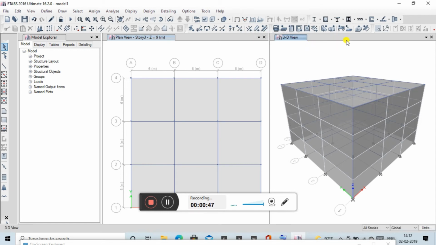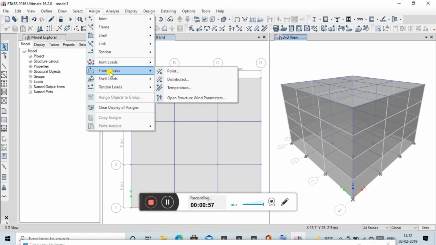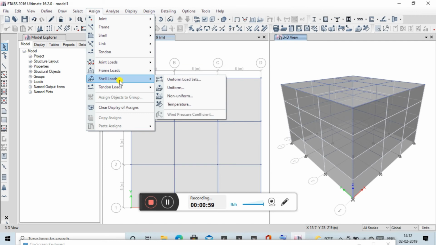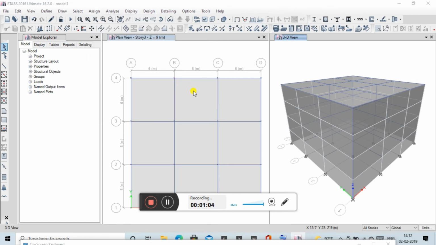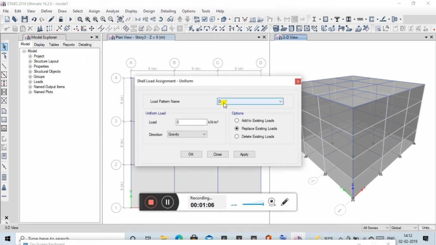Now after defining the cladding load, we have to go for the dead load. So go to Assign again, go to Shell Loads. This is the shell load because dead load is applicable on the slab. Go to Uniform. Under Dead load, you can mention the load here.